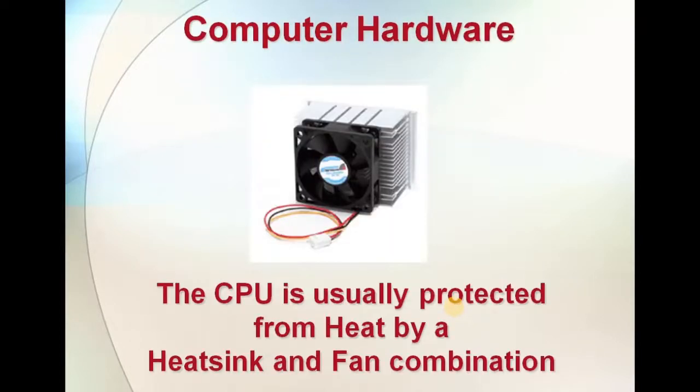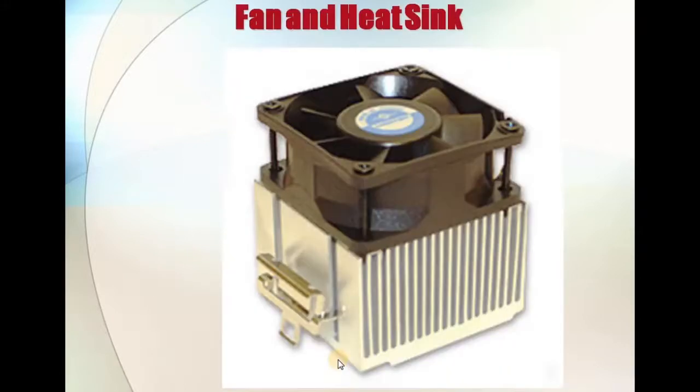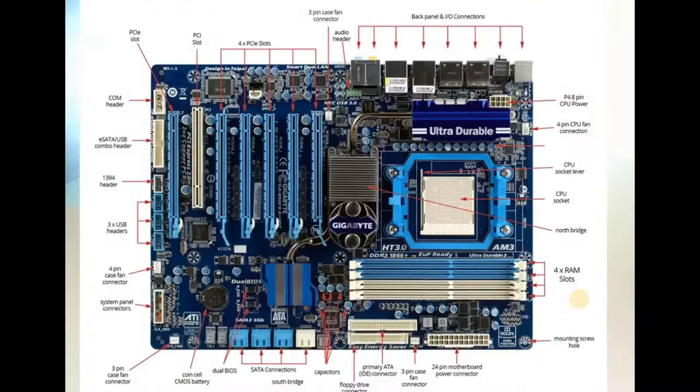The CPU is usually protected from heat by a heat sink and fan combination. The CPU, in fact the microprocessor, will be present below this, and above that we have the heat sink, and above that we have the fan. This is one more example of a